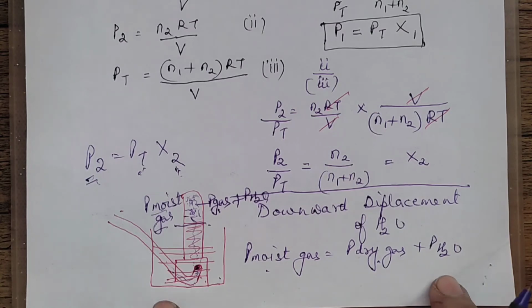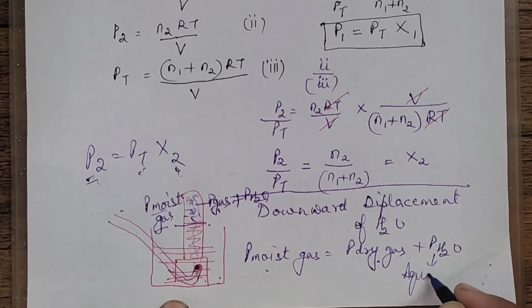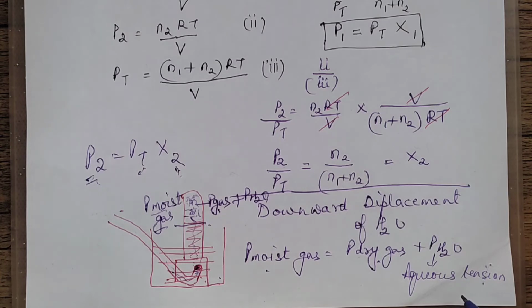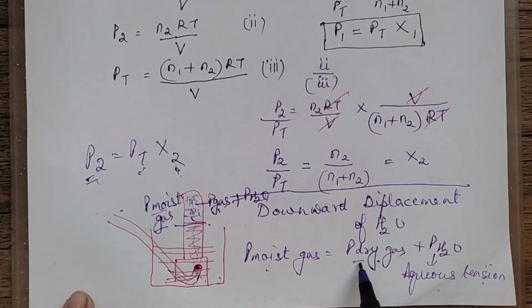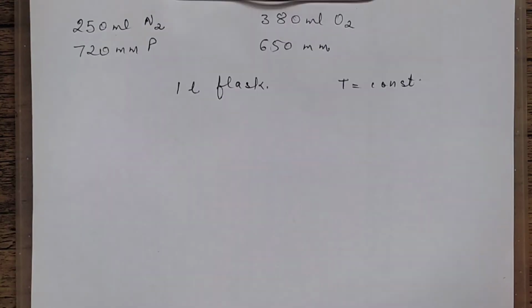So how is this calculated here? At the same temperature, the pressure of the water can be calculated and seen. The pressure of the water vapor is also referred to as aqueous tension. You will come across such questions where aqueous tension is given at say 30 degrees, 40 degrees, 25 degrees. Of course, aqueous tension will definitely depend upon the temperature, because the more the temperature, the more will be the pressure exerted by the vapors. So you will be calculating the pressure of a dry gas as equal to moist gas minus that of water vapor. Now let's do the numerical based on Dalton's law of partial pressure.